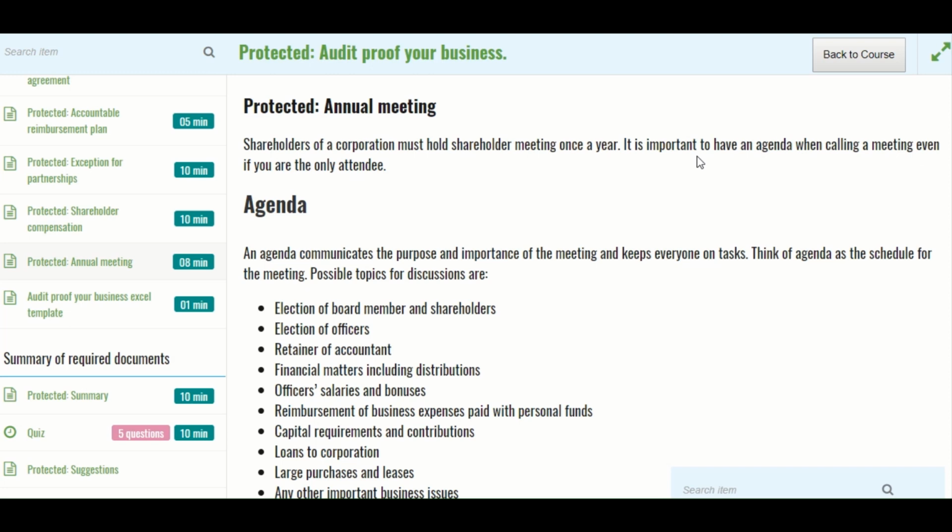If you're a corporation, you are required to have an annual meeting. When you went to the Secretary of State and you filed that paperwork, that was part of the contract you have with the Secretary of State. You're supposed to hold this meeting once a year. It's a legal requirement. Now, however, if you're not a corporation, I still recommend it because the annual meeting is